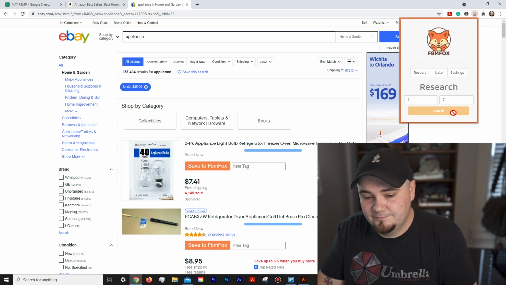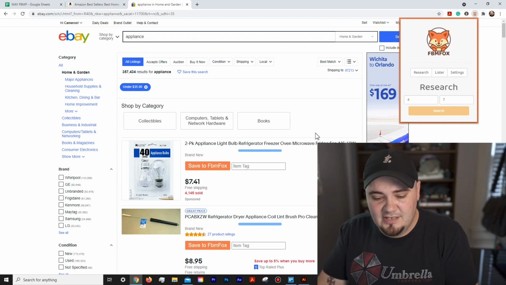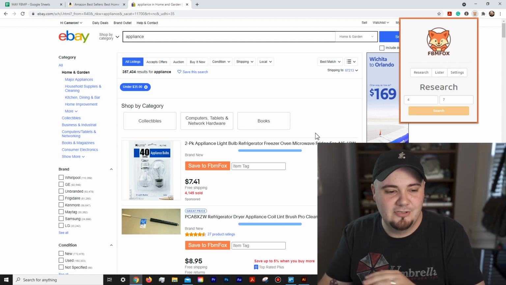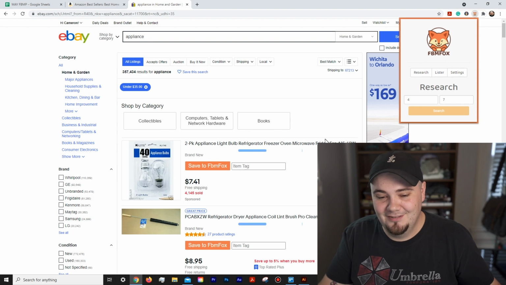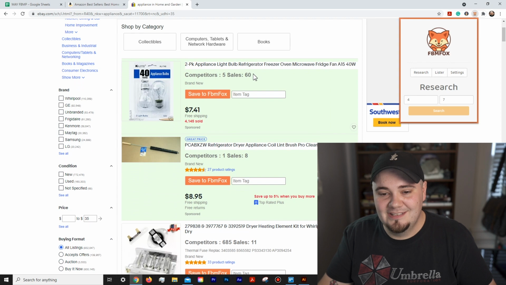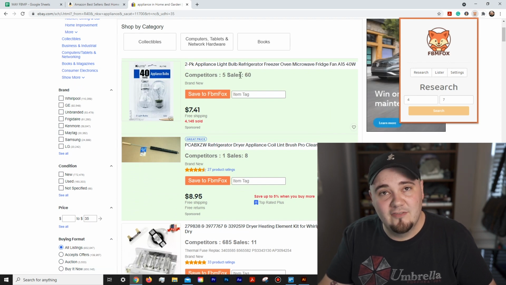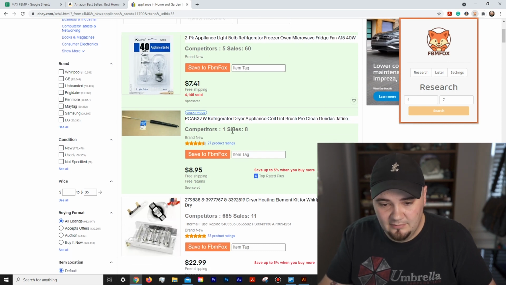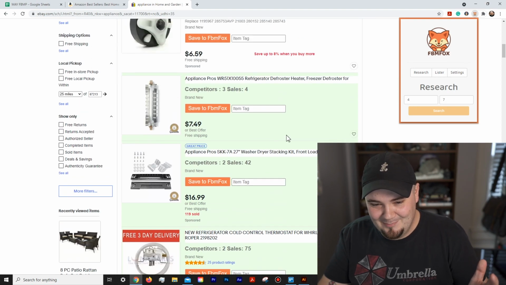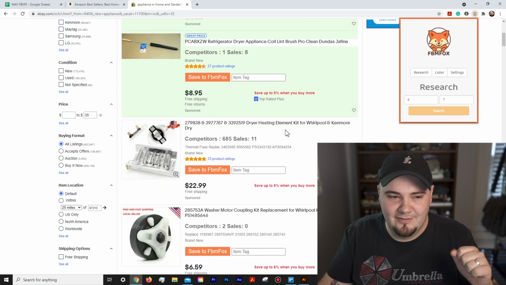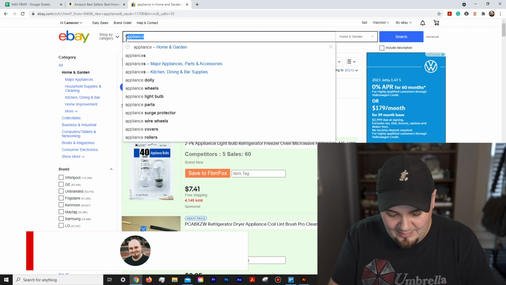And then you can just hit search, and it's going to do these little blue lines, and it's getting the data for you. Again, this used to be way more complicated. Now you can legit just search on any page for this stuff. So boom, these top 2, these stupid light bulbs have sold 60 times in the last month, and it only has 5 competitors on eBay. So that's pretty damn cool. This little dryer. This is all very specific because I typed in appliance. It's like parts. And I bet a lot of people who are repair people and stuff buy a lot of parts off eBay. But I mean, let's type in,